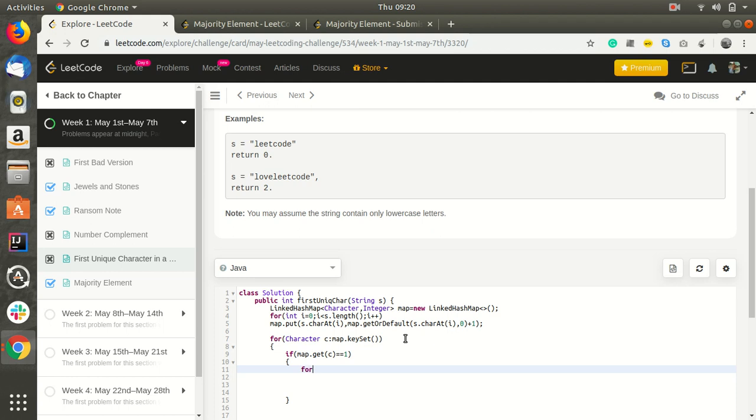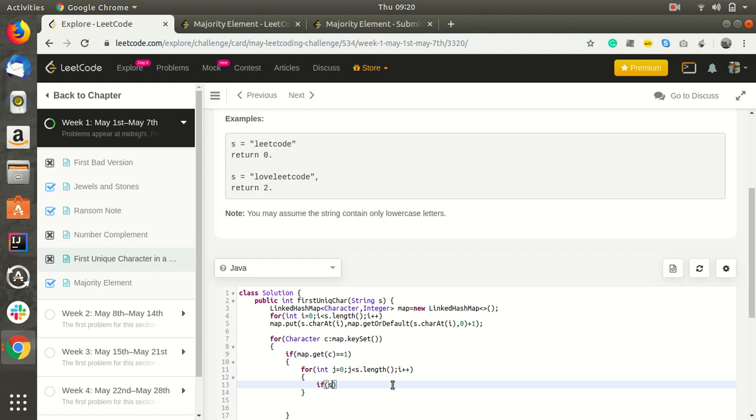So what I'll do, for int j equal to 0, j less than s.length, I'll perform a linear search on it and will return the index. Since map.get(C) equal to 1 means it was the first character which was not repeated, it came only once. So I am just checking indexes for that character. If the value at the index matches the character, then we'll return the index.